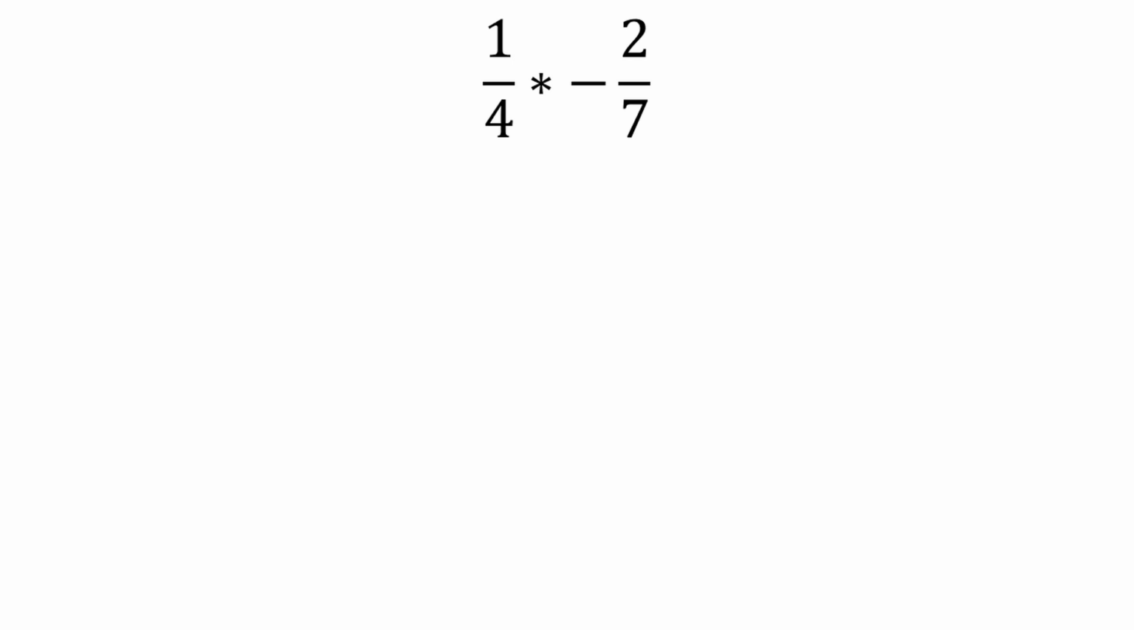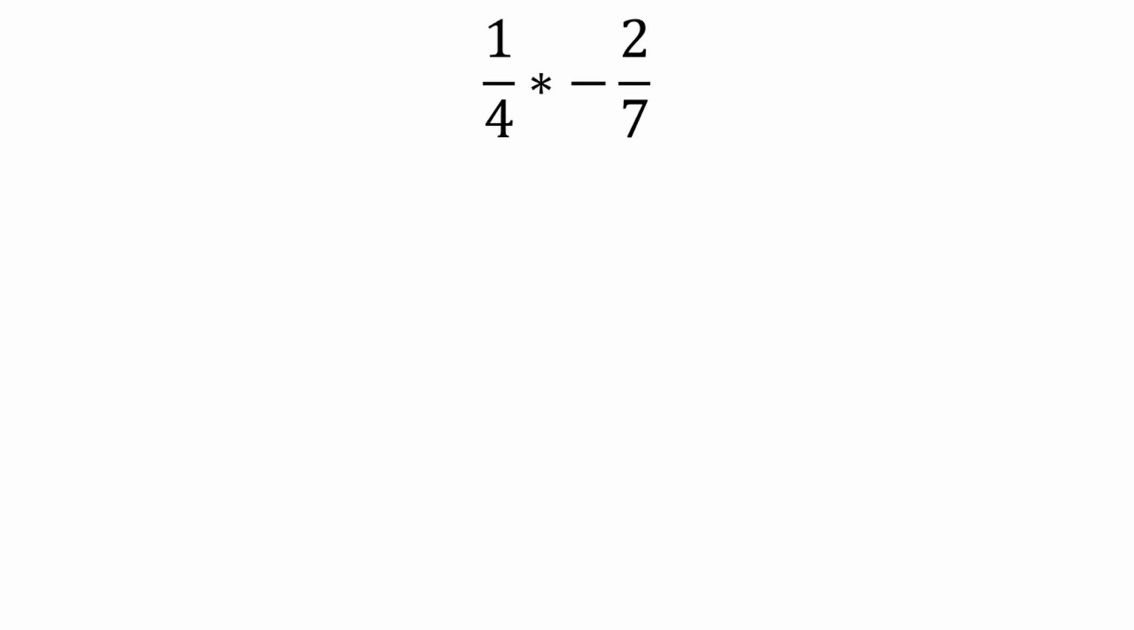Welcome, my friends. Consider the expression 1/4 multiplied by -2/7. In order for two fractions to be added or subtracted, we must have a common denominator, but that does not apply to multiplying fractions. In order to multiply fractions, all you need to do is multiply the numerators and multiply